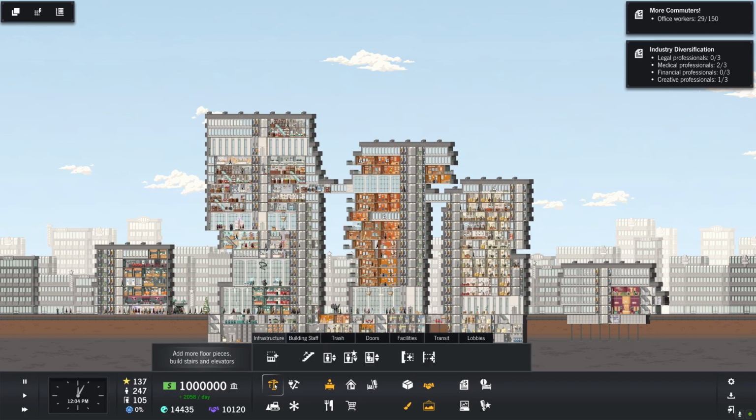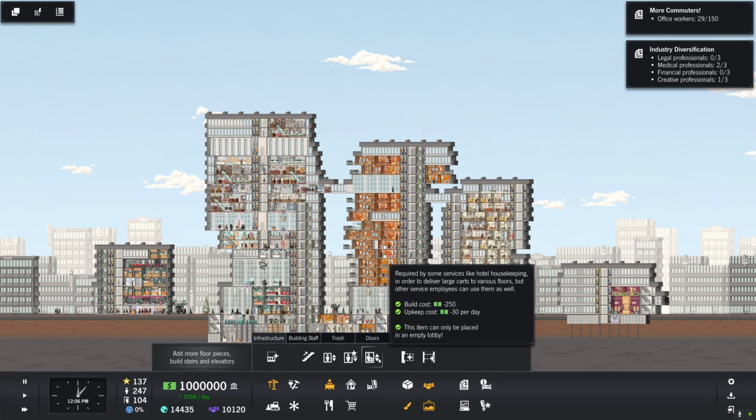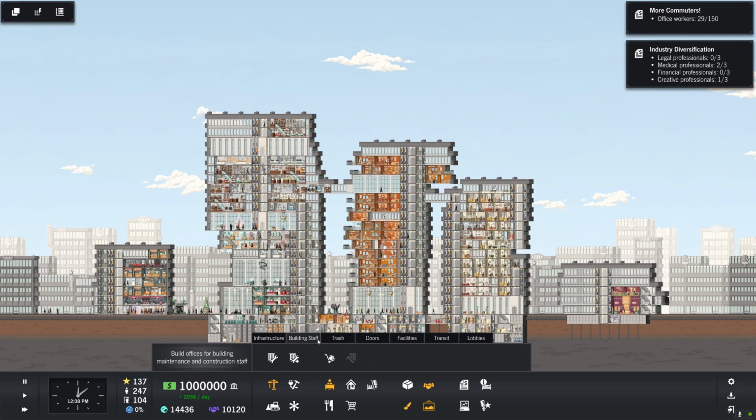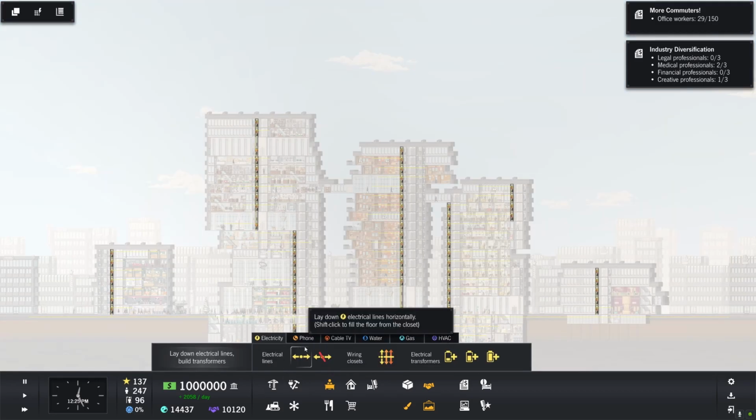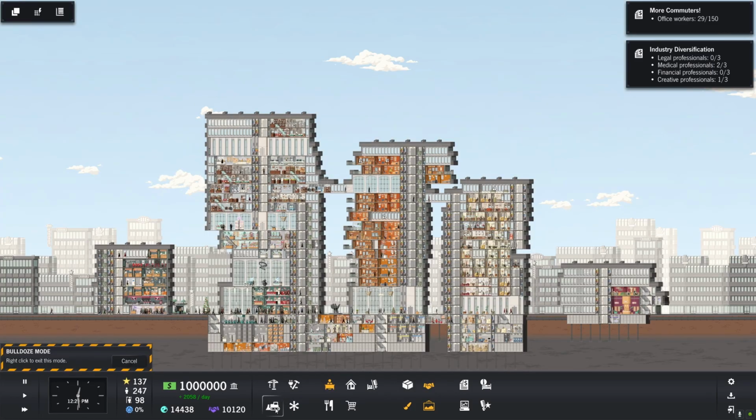Here's our construction menu. Building, maintenance, trash, doors, and the highlighted, the yellow ones are ones that are just unlocked. You can construct lobbies in here. Here's our utilities menus, bulldoze,